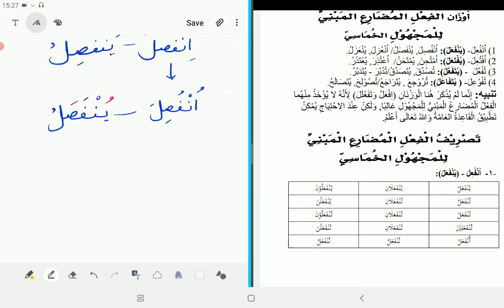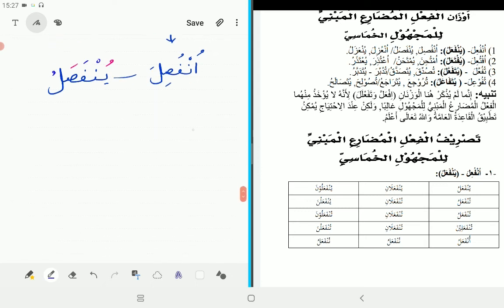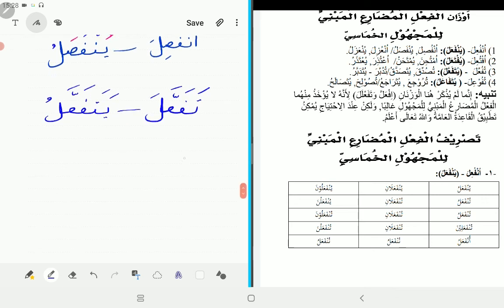Now, the verb that starts with a ta, the verb that starts with the hamza is clear. When the verb starts with a ta, you don't have to make as many changes. Let's look at one of these verbs. Tafa'ala, this form. In the mudari you will say يتفعل. Now when you make this majhul, tafa'ala becomes in the passive voice